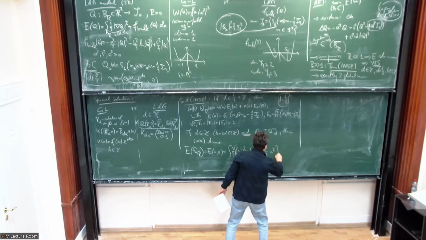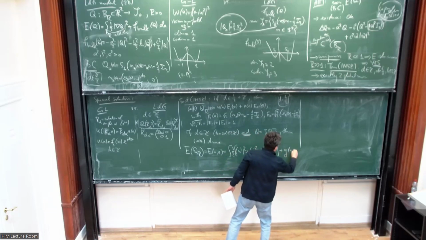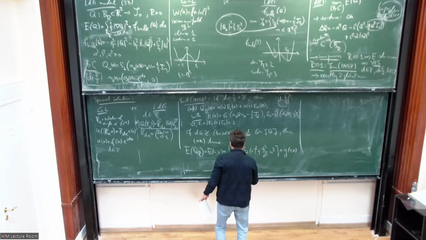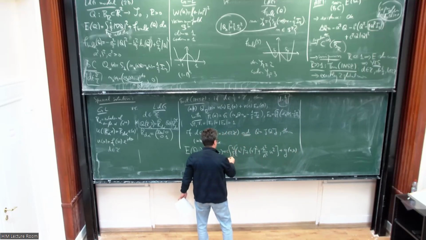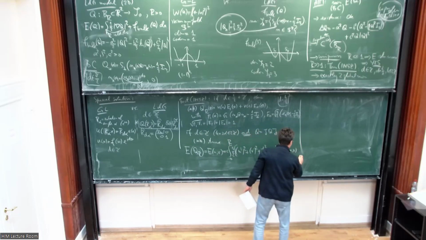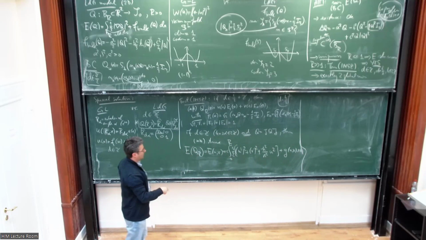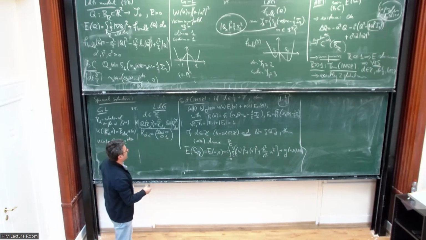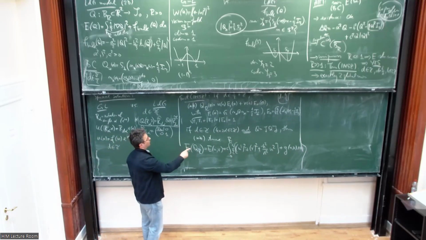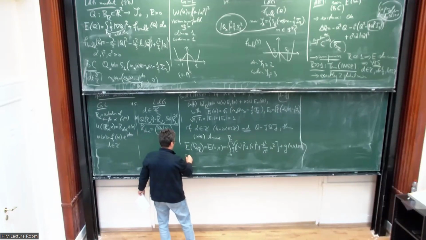U squared, and then you have a potential. This is a polynomial that I don't want to write. This is also a constant I don't want to write. Okay, and then this means that you have a system of two ODEs